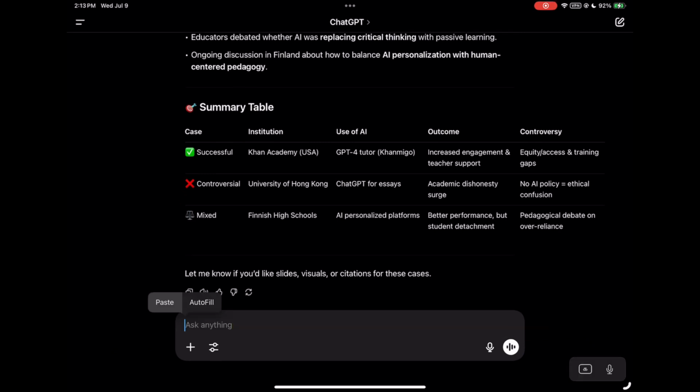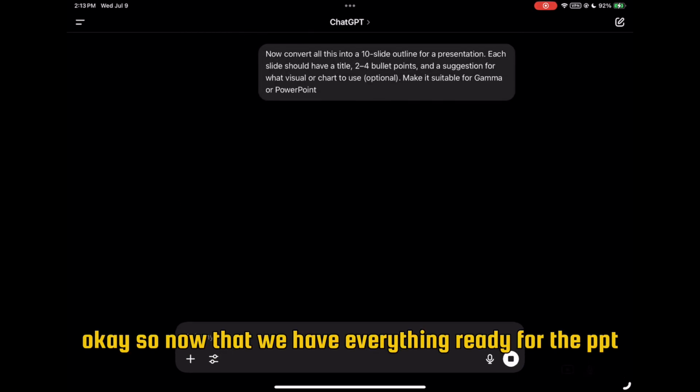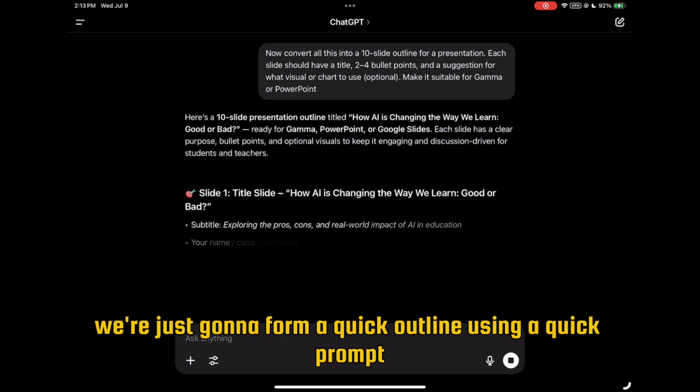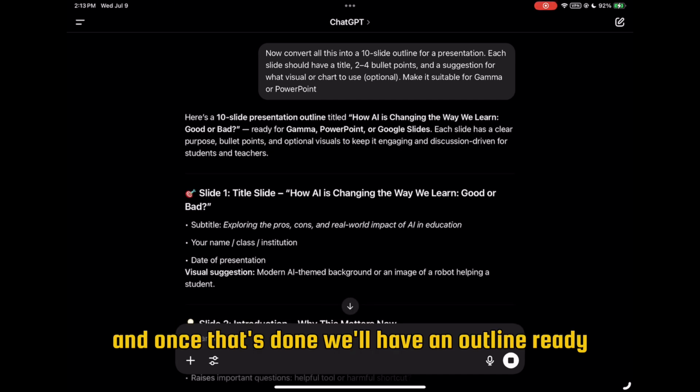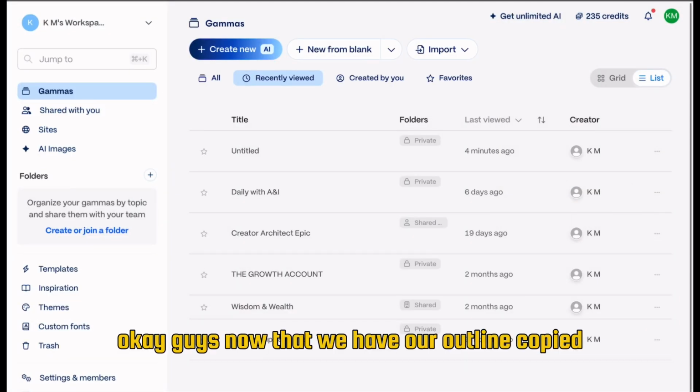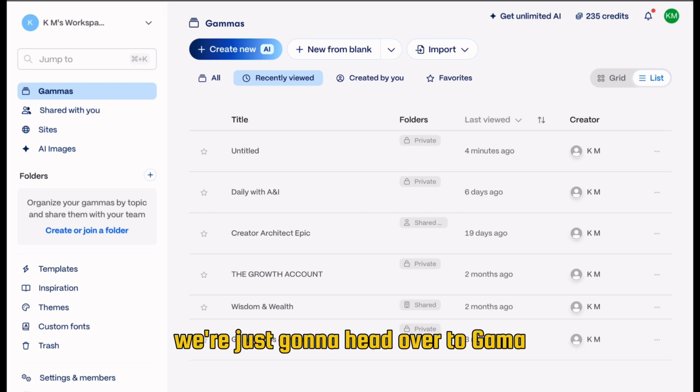Okay, so now that we have everything ready for the PPT, we're just going to form a quick outline using a quick prompt. And once that's done, we'll have an outline ready, and then we can just paste it in Gamma and load up our PPT. Okay guys, now that we have our outline copied, we're just going to head over to Gamma